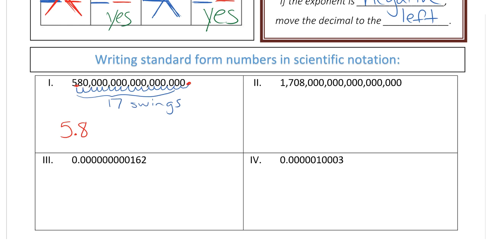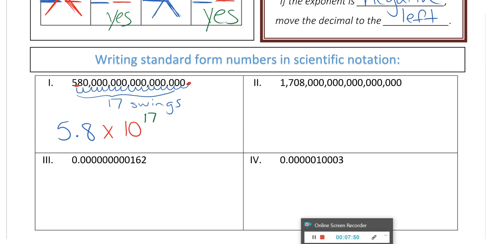So according to our criteria, we have 5.8, which is between 1 and 10. My second criteria is that I have to multiply by a power of 10, and my third criteria is that it is to an exponent, and this is where the number of swings comes into play. However many swings you have is what your exponent is going to be. Okay? So if we look at number 2,